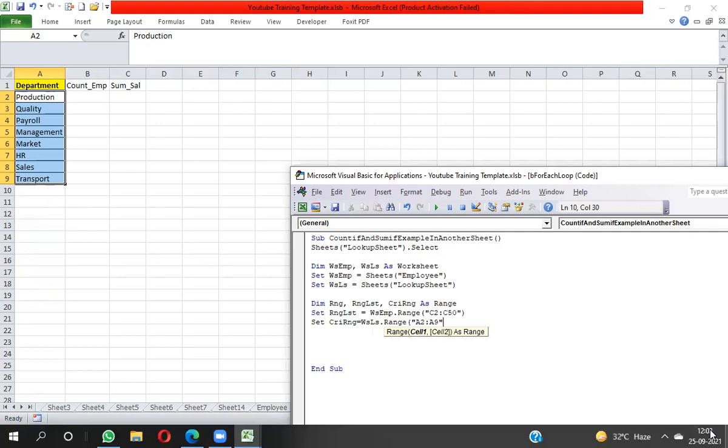Then I have to apply the function. Here I need to write For Each rng in criRng, taking the values A2, A3, A4, A5 one by one in rng.